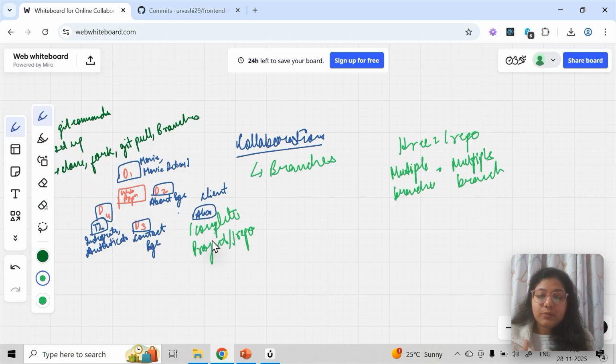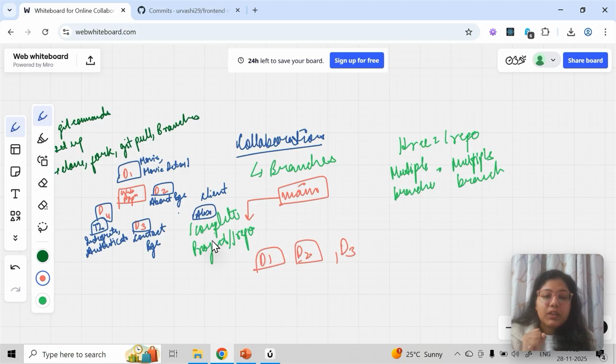And why are we creating these branches? Because we don't want each and everyone to have access to main. We have discussed already that main is the root branch, which is what we deliver to the client. Main, or master, is the one branch where the complete code is going to be merged. So let's say developer one is working on one part. I'll put it as D1, D2 and D3. And let's say D4 is main. The team lead, generally the higher management, has access to it.